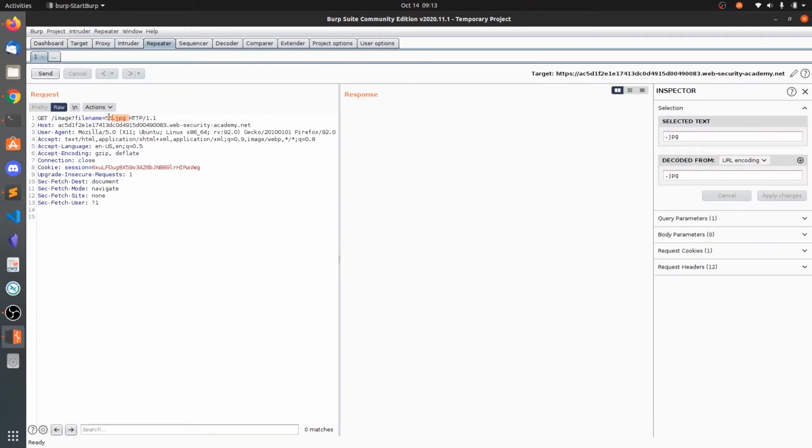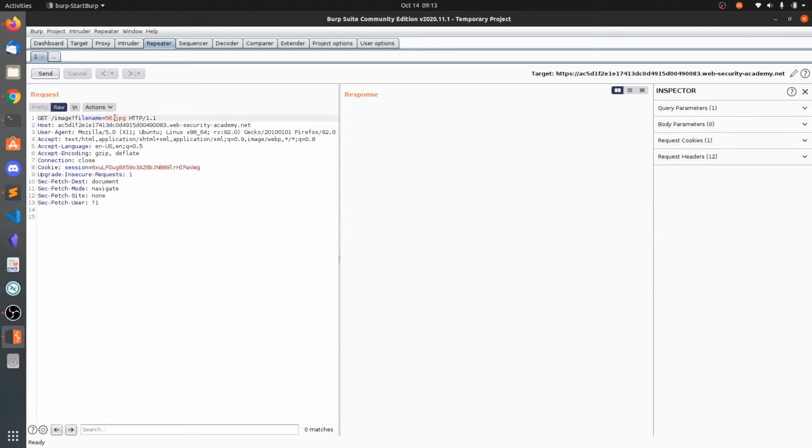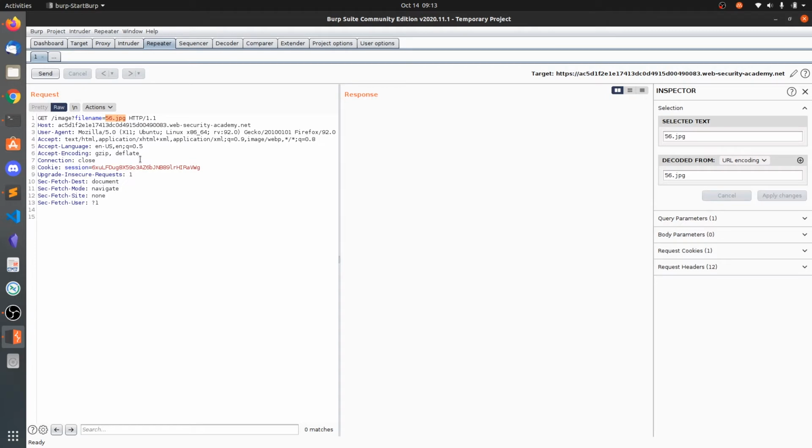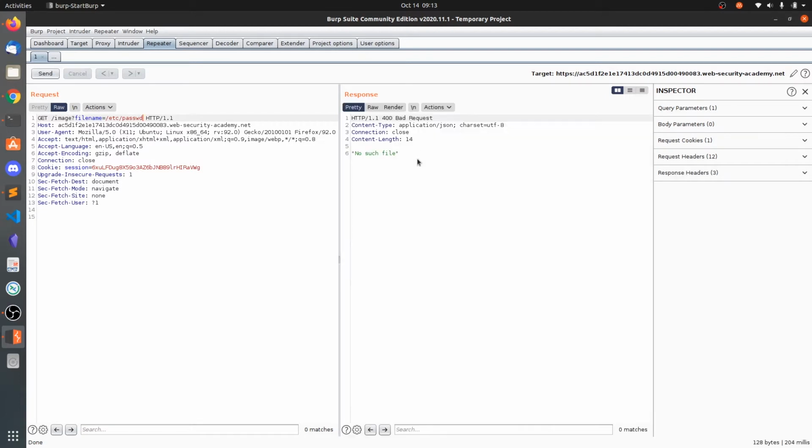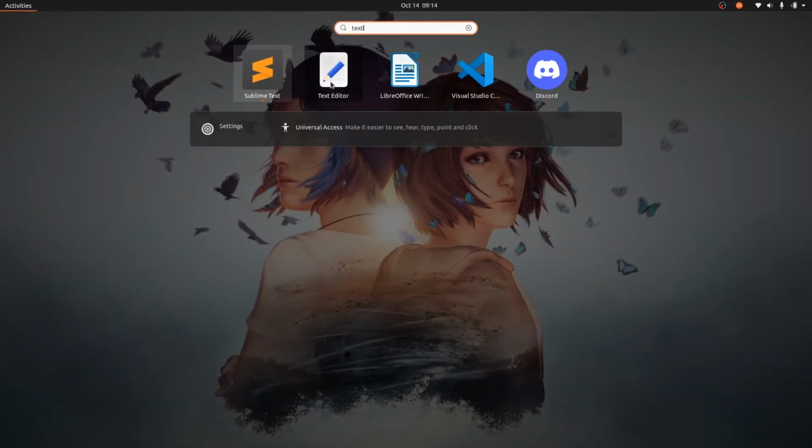Here, instead of this filename, we can get the contents of /etc/passwd. It says no such file. Sometimes there will be a hard-coded prefix, like the folder name images/. Whatever you give, like /etc/passwd, this images prefix will be added to your user input. So that's why we need to